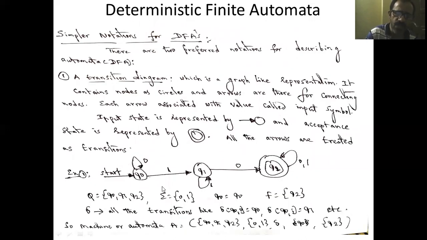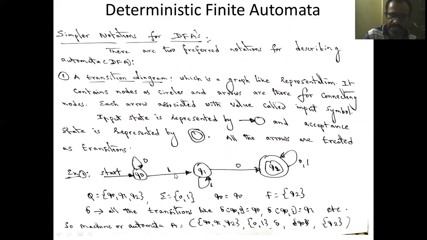These are diagram components. What are those diagram components? The circle is used for representing all the states. The circle with arrow is used for representing the initial state. The double circled representation is used for representing the acceptance state. And the arrow is used as a transition. So like this, you write all the components. Q, sigma, delta, Q naught, F are 5 important components. And in the transition diagram also, some components are there. Circle is one component. Circle with arrow is one component. Double circle is one component. Simply arrow is one component for representing